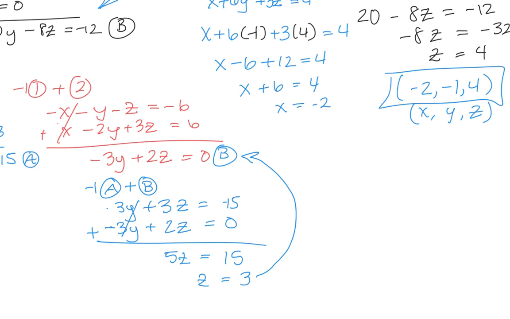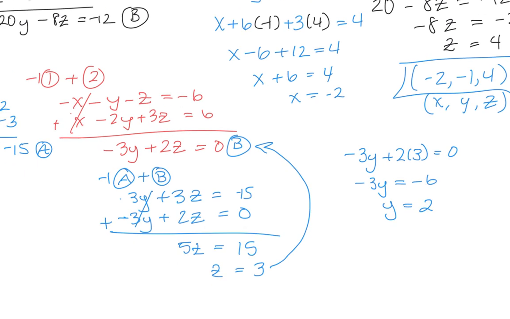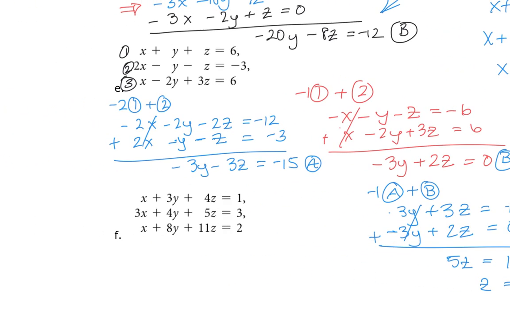So negative 3y plus 2 times 3 is equal to 0. So negative 3y is equal to negative 6. Y is positive 2. So now that I have y and z, I'm going to put it back into the